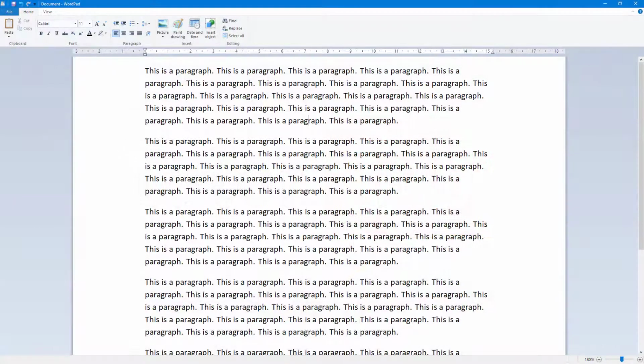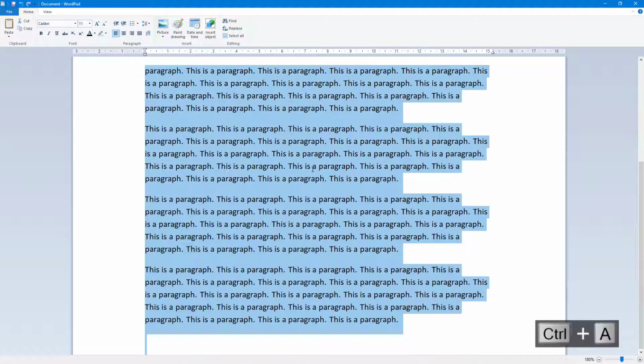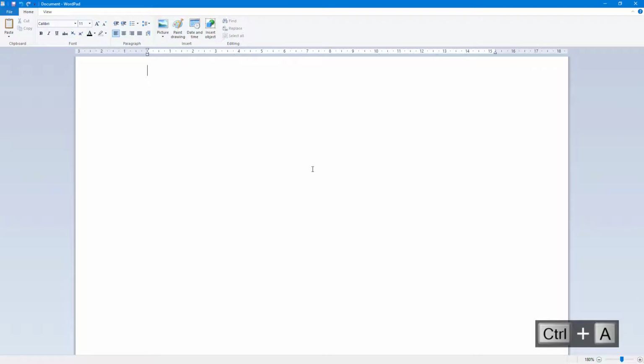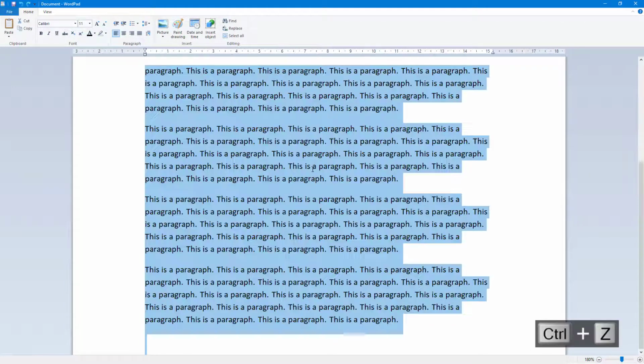So now let's see how we can use the select all feature. So here you can see that I have a bunch of text on the document, and if I want to select all of it, I can press Ctrl A on my keyboard and everything gets selected. So I can delete this by pressing the delete key on my keyboard or press Ctrl Z to get